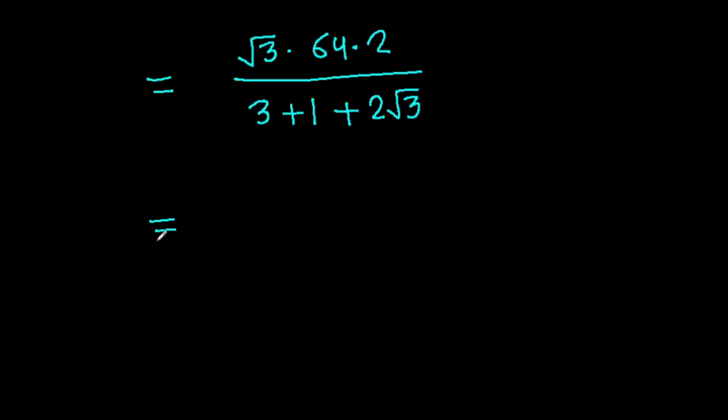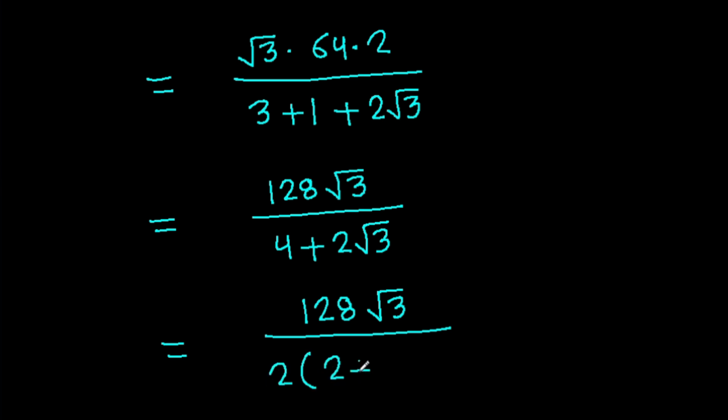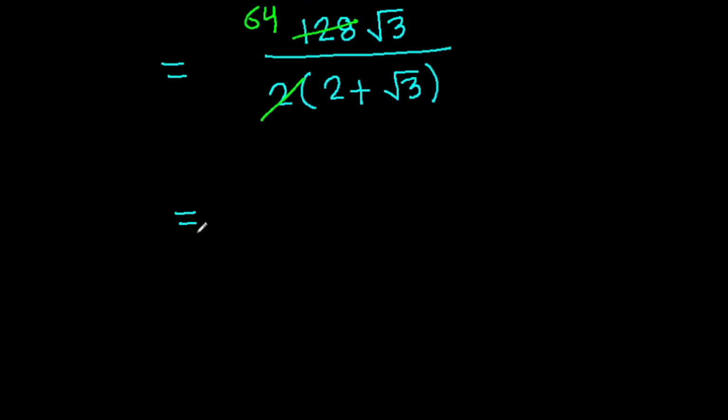and it is 128 root 3 over 4 plus 2 root 3, and it is 128 root 3 over, and here we can take 2 common, and it is 2 plus root 3, and 2 times 64 is 128. So it is 64 root 3 over 2 plus root 3,